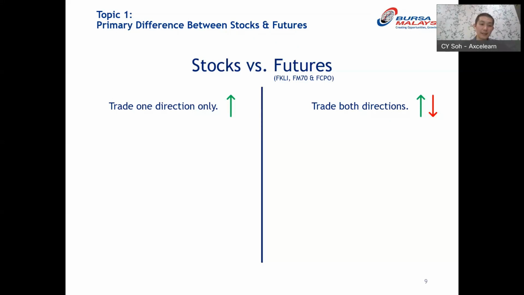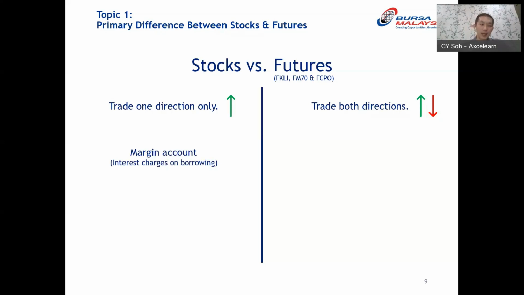Now, the second difference is on margin. Both stocks and futures have this thing called margin, but they are actually referring to very, very different things. Now, let's look at stocks first. In the stock market, we have margin, which is used in terms of a margin account. So if you want to have leverage in stocks, it's either you trade stock options or warrants,